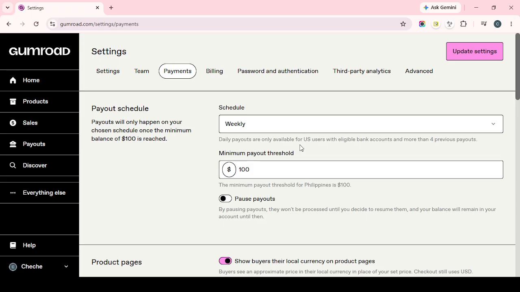After saving, it's a good idea to review the information on the screen and confirm that everything looks correct. If the platform shows any alerts, missing fields, or verification requests, take care of those right away so your payouts can be processed without unnecessary delays. And that's it. Once your payment details are saved correctly, your payout setup should be complete and ready to